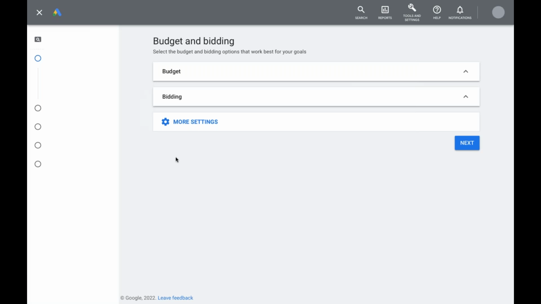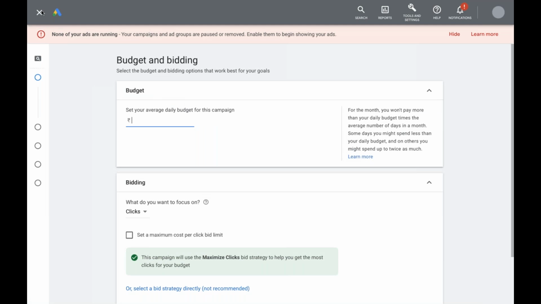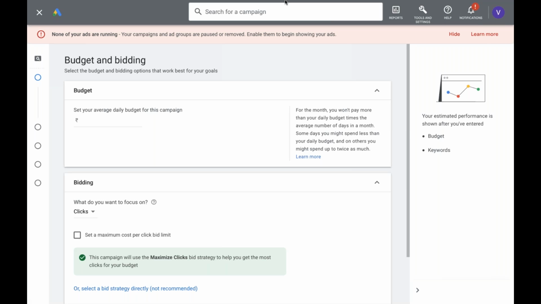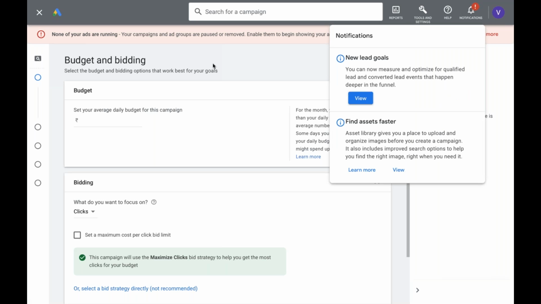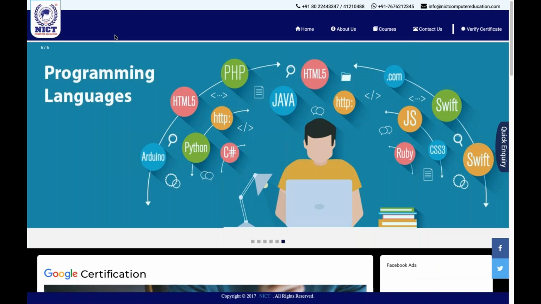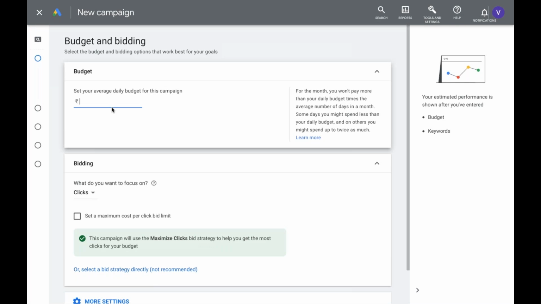Let me check once. I'll just do that. I'll come back to this again because if I'm running simultaneously, my net is going to be a little slow. So I'll close the browser. I'll show you another example. Okay, so directly it's asking for your budget,